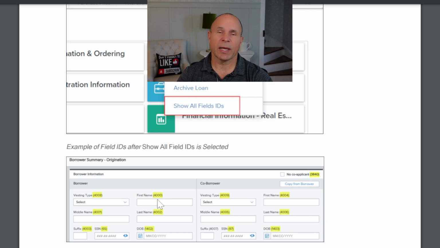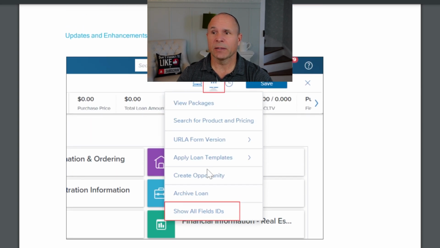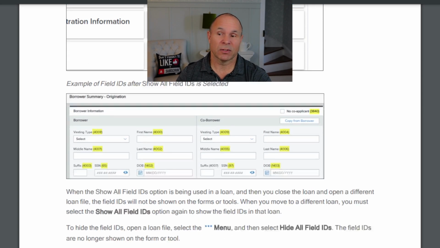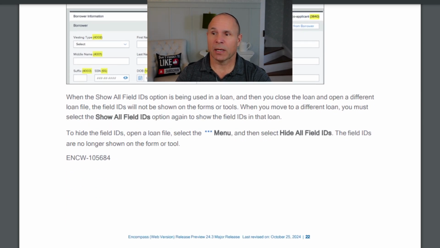I know you're going to ask next, where's my Control G? I know you're going to do that. The reality is up here, this search ID is field IDs. That's your Control G. If you show all fields and you're looking for field 4000, you don't know where that is or what that is, you can see on that particular input form. It'll list all the input forms that have that field on it. And if you show all fields, you'll see it. It's kind of cool. And then you can hide it, of course, if you don't want to see it.